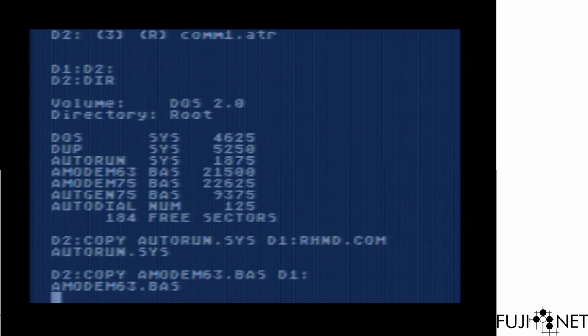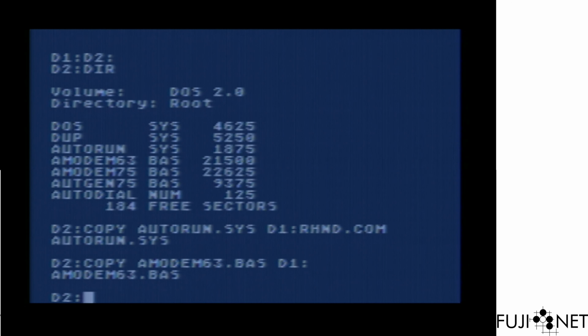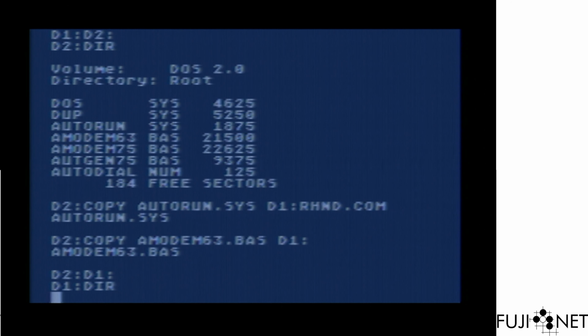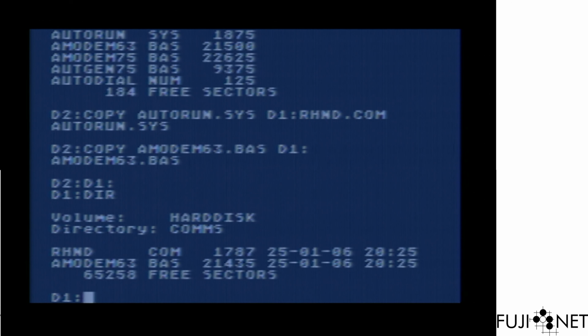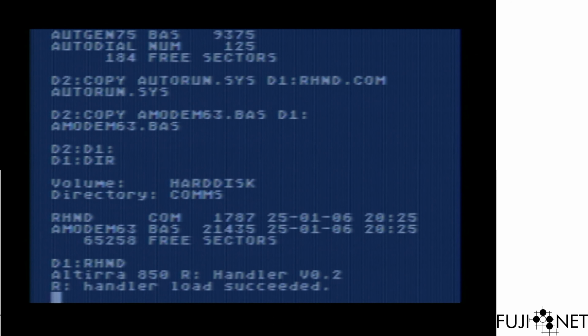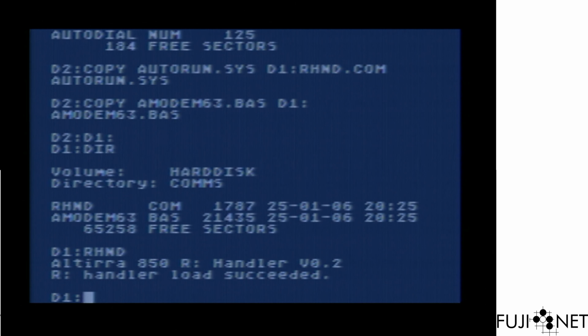And again, it's important to understand that I'm copying these things from different hosts located in different places, with the Atari sitting in the middle, the FujiNet adapter basically grabbing things in and translating it for the Atari to use effectively. Doing all of this on the fly. We go into our comms directory here. We can see our R handler, which if we load it, everything in place, we can then